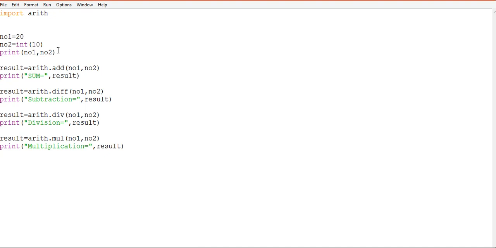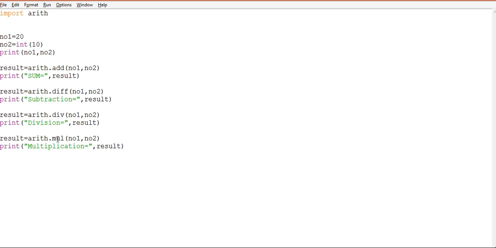In this program we are calling the functions add, diff, div and mul here, but these four function calls do not have a function definition in the same program.